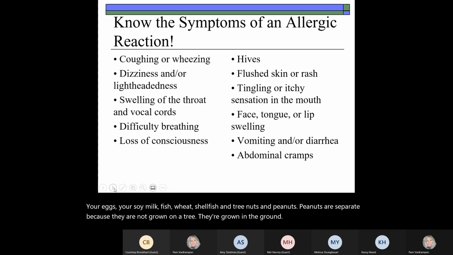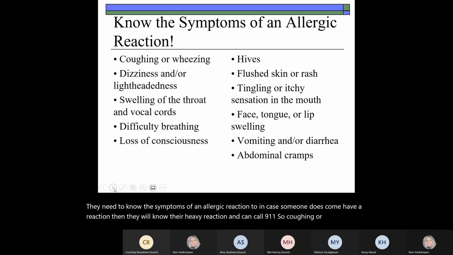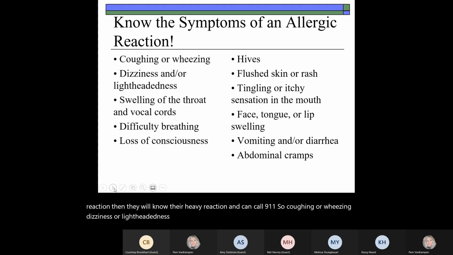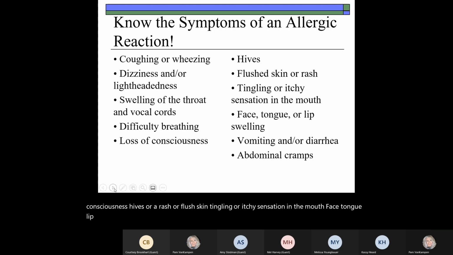They need to know the symptoms of an allergic reaction too, so that if someone does have a reaction, they will know they're having a reaction and can call 911. So: coughing or wheezing, dizziness or lightheadedness, swelling of the throat or vocal cords, difficulty breathing, loss of consciousness, hives or a rash, or flushed skin, tingly or itchy sensation in the mouth, face, tongue, lip swelling, vomiting, diarrhea, abdominal